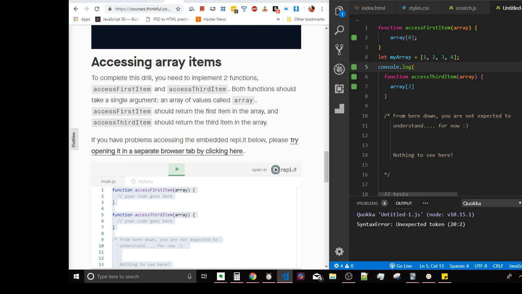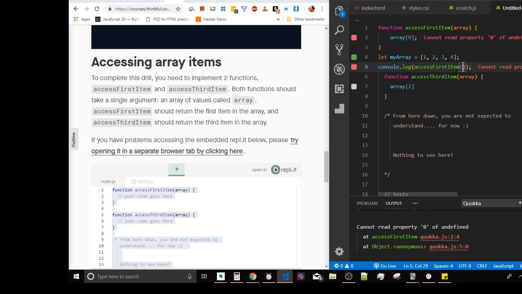So to have a function work, you have to call it. So its name is this, right? And then now this parameter is whatever the person is going to put in here. So it's going to be an array, right? So for example,